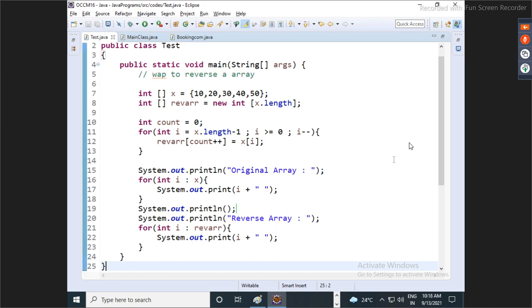Take the third. Write a program to sort an array.